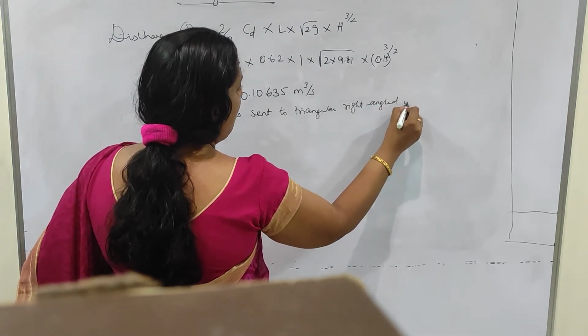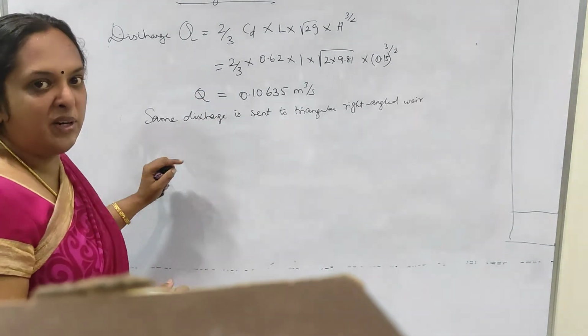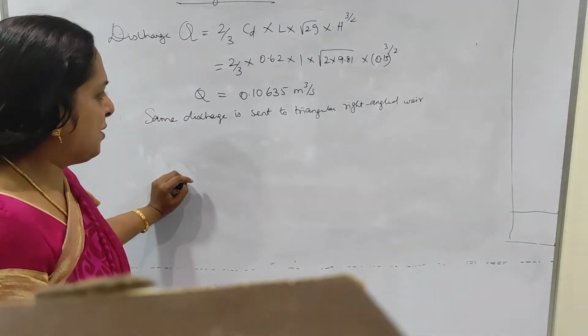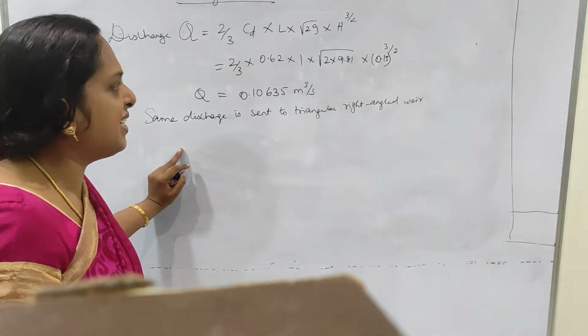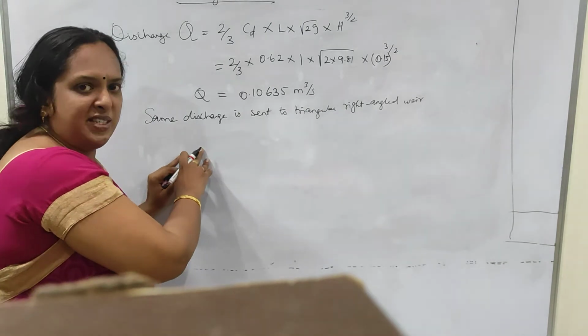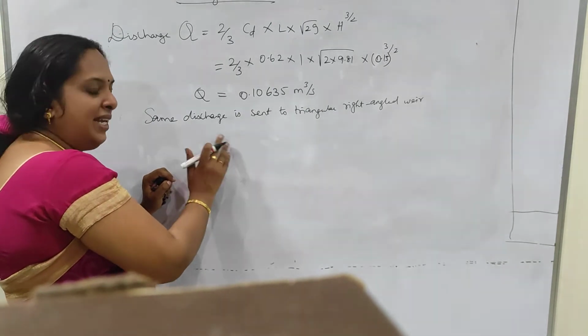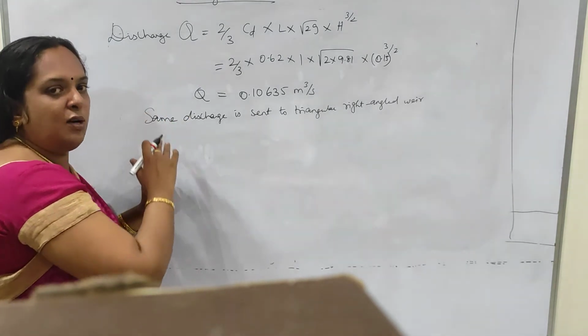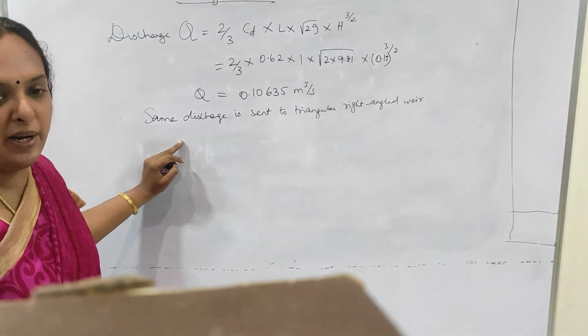So what is my equation for my triangular weir? What is the difference between a rectangular weir and a triangular weir? The expression will be simple in case of your right angle weir. That is my first difference. And the second one is that this triangular weir doesn't have any limitations, and for low discharge, this will give you easier, more accurate values than the rectangular one. Because of this only, we prefer to go with the triangular right angle weir.